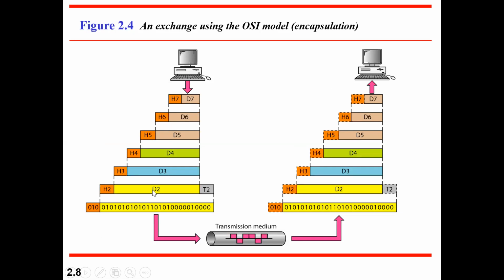It goes on. Once it reaches the data link layer, there is not only header information but also a trailer. Why is the trailer needed? The data link layer takes care of many controls: flow control, error control, and access control, which is very important because we will not know who will be available in the network or who has initiated transmission at what time. For that reason, access control plays a vital role. So all these things are very important.